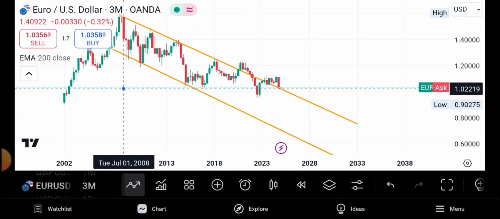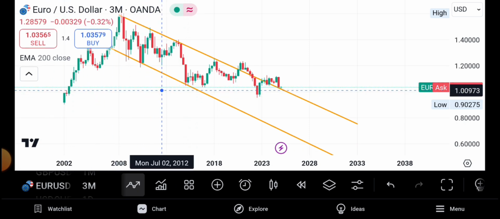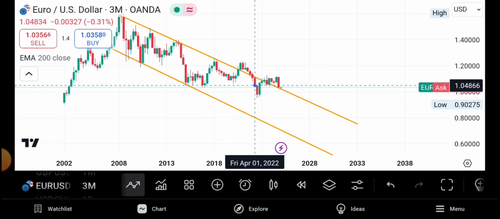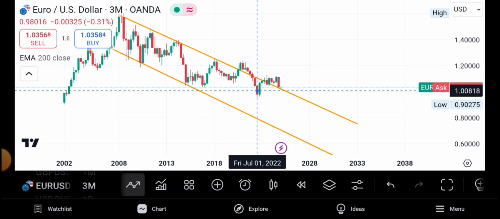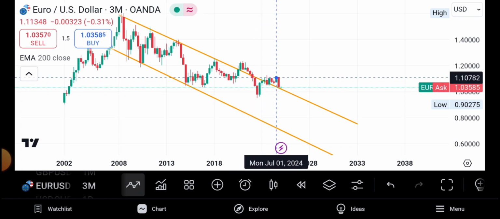And let us ask ourselves a very important question. Why, every time the price action reaches here, is it pushed upward? It reaches here, pushed upward. This one broke here. After it broke up here, can you see? Then the current price action has retraced back to this zone. Why is that?